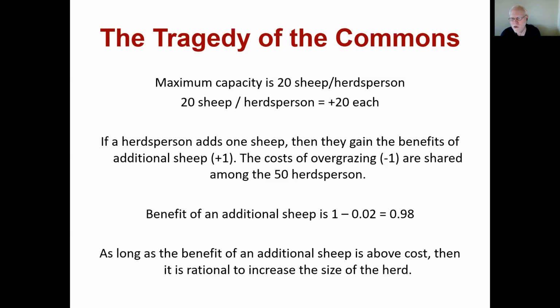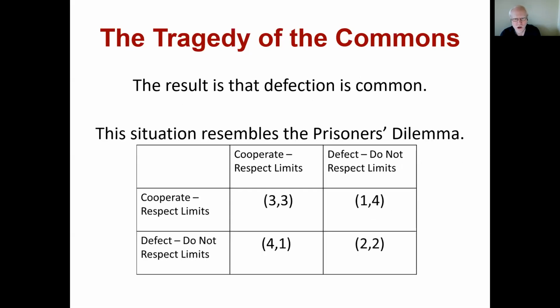So from my individual perspective, it seems still reasonable to continue polluting. So the result is that defection is common. Here the situation ends up resembling something like the prisoner's dilemma, where cooperating is respecting the limits. But what we prefer, more than cooperating and respecting limits, is that